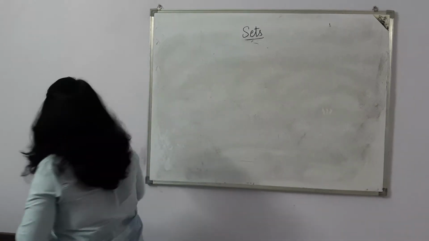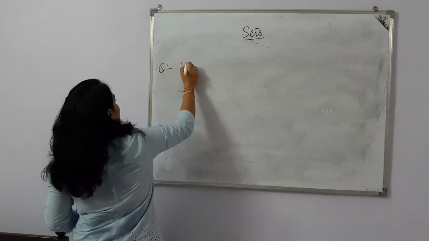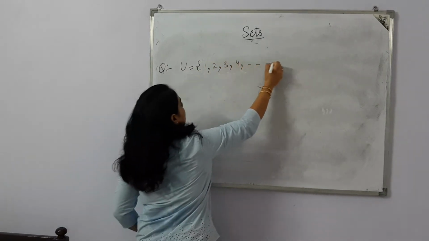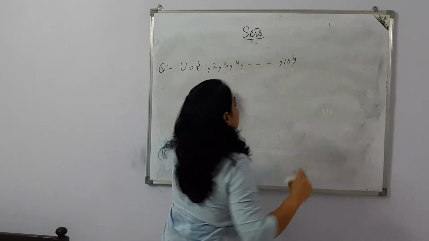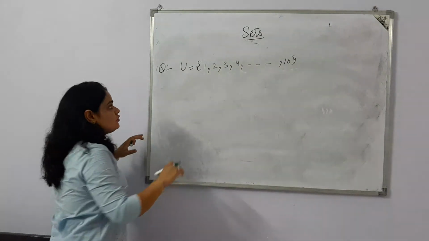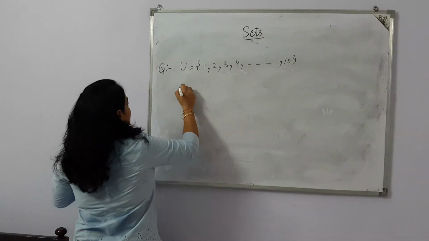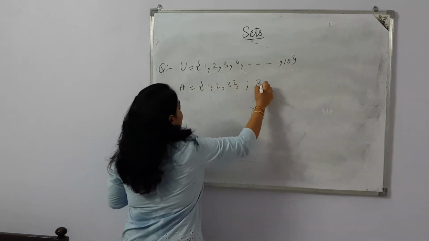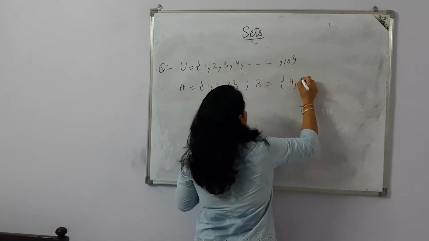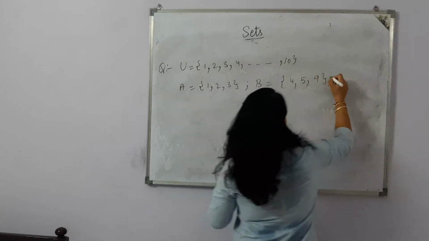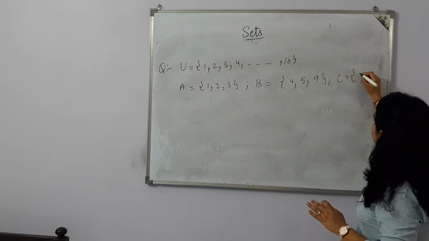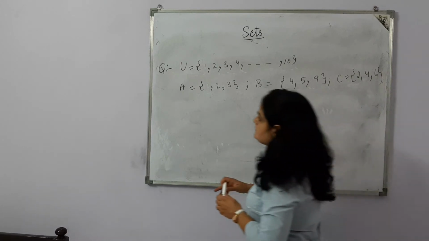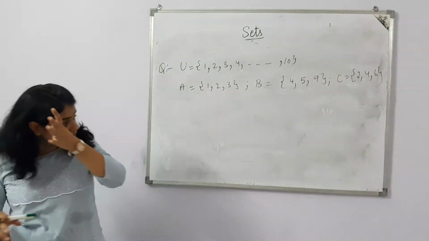So if we have a question, if we have U as 1, 2, 3, 4, 5, 6, 7, 8, 9, 10, that means U is the universal set. Another set A is 1, 2, 3, B set is 4, 5, 9, and C set is 2, 4, 6. Okay, we have three sets now and the universal set. Now we want to find